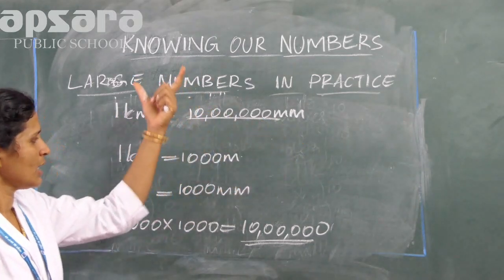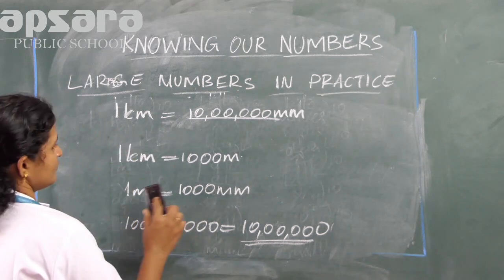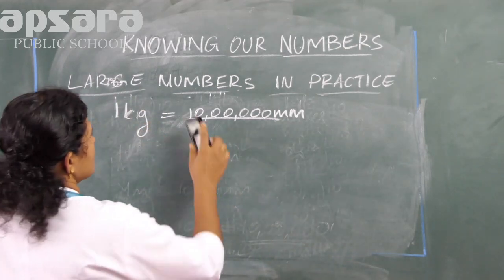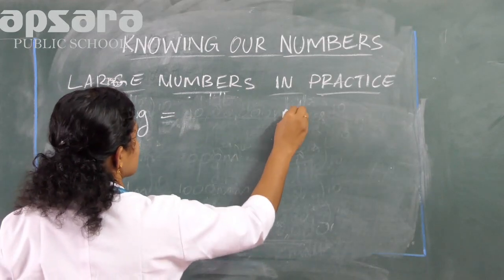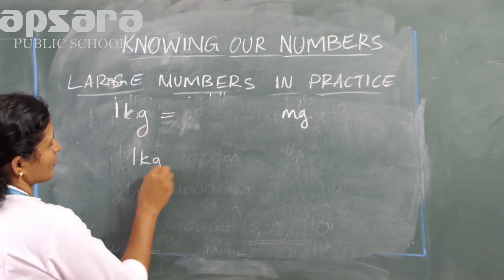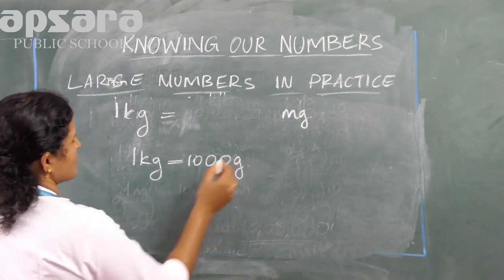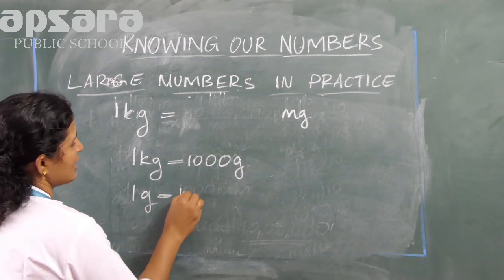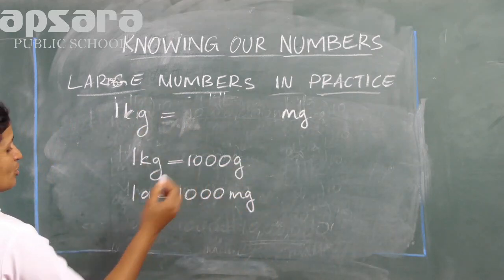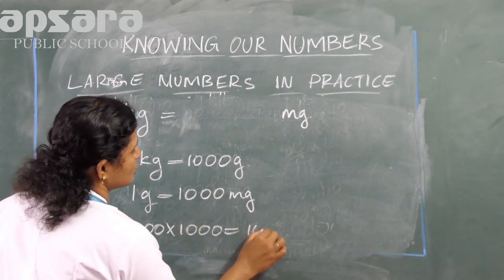Kilogram to milligram. Again the same steps, right? The next, if we take 1 kilogram is equal to dash milligrams. Again, first you convert 1 kilogram to gram. 1 kilogram is equal to how many grams? 1000 grams. 1 gram is equal to how many milligrams? Again 1000 milligrams. So 1 kilogram to milligram, 1000 into 1000 is equal to